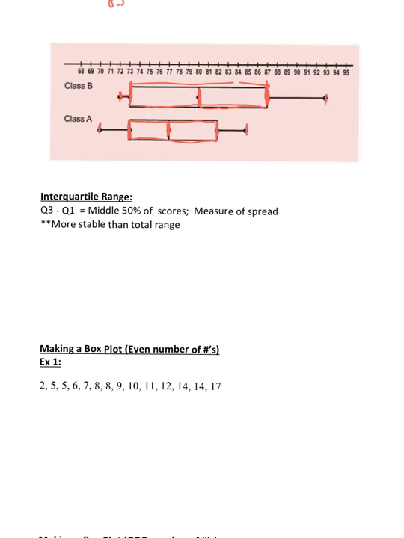To measure spread, we use something called interquartile range, which is kind of what I was just describing. It's describing the middle 50% of scores by subtracting quartile 3 minus quartile 1. So in Class B, my interquartile range, IQR, is 87 minus 73. It's the third quartile minus the first quartile. Third quartile is 87, and first quartile is 73. And if I subtract those,